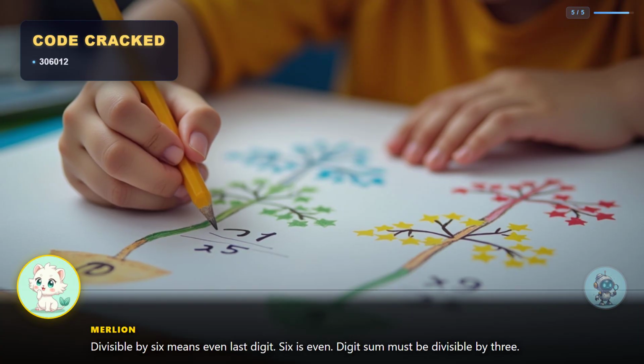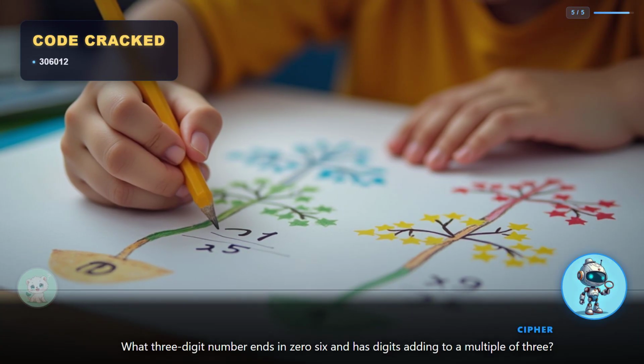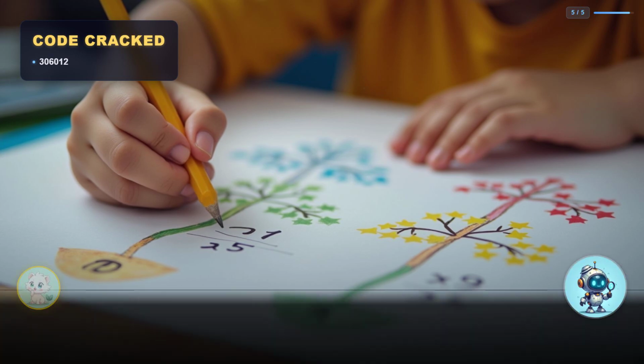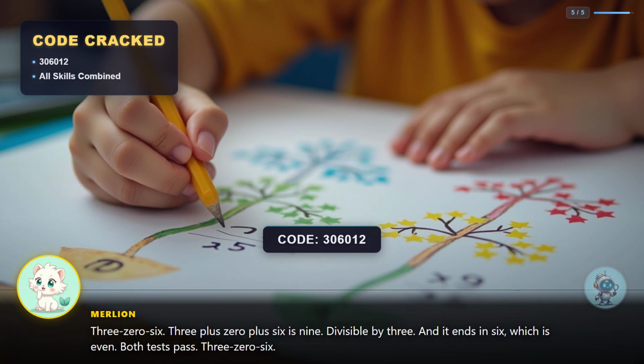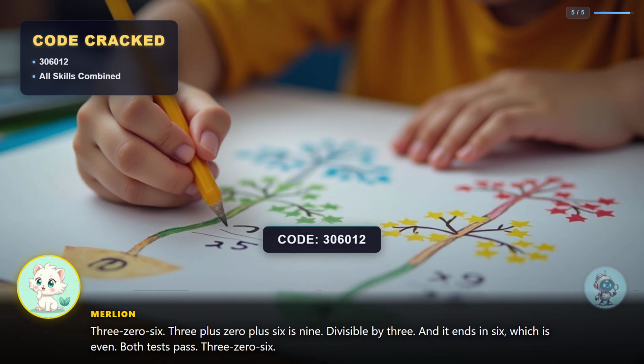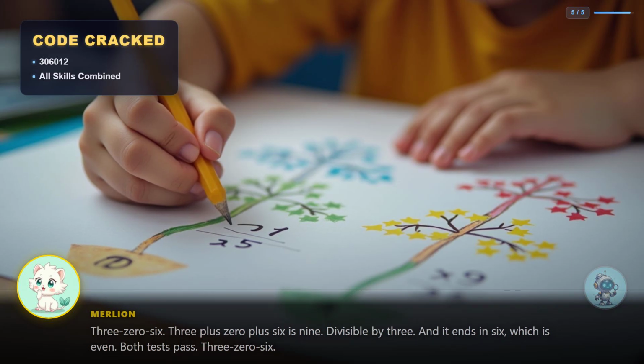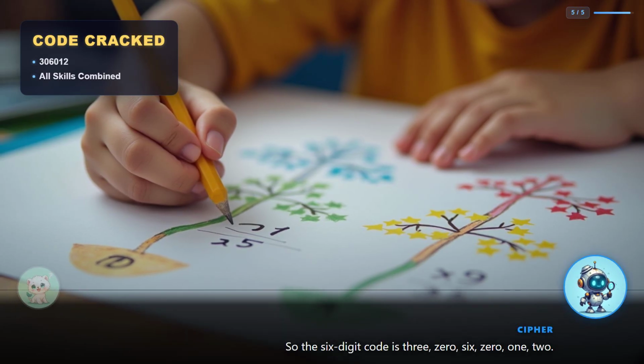Digit sum must be divisible by 3. What 3-digit number ends in 06 and has digits adding to a multiple of 3? 306. 3 plus 0 plus 6 is 9. Divisible by 3. And it ends in 6, which is even. Both tests pass. 306. So the 6-digit code is